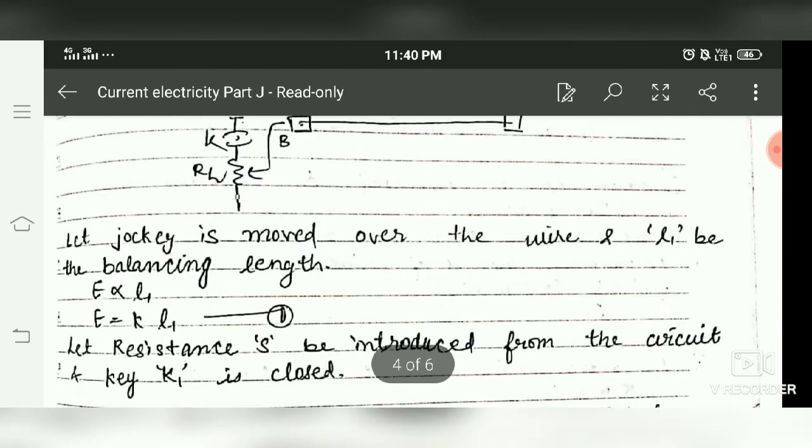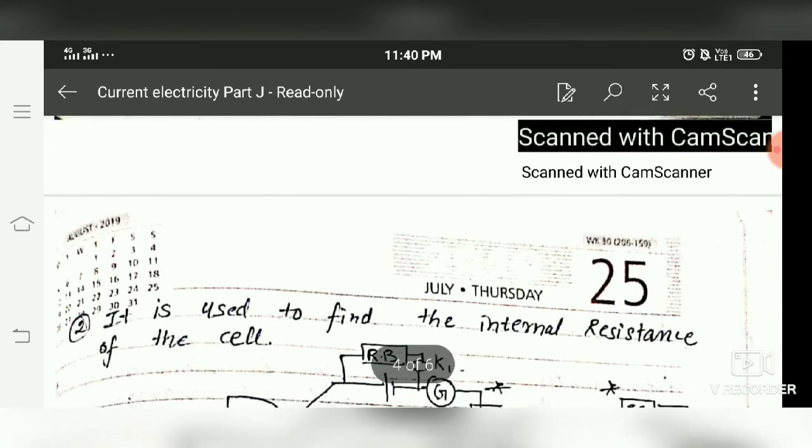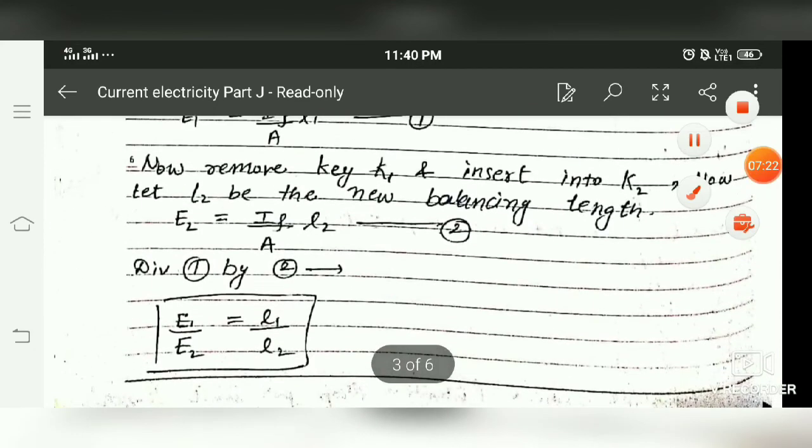So this is the case of the potentiometer. The potentiometer is used both to compare the EMF of cells, and second